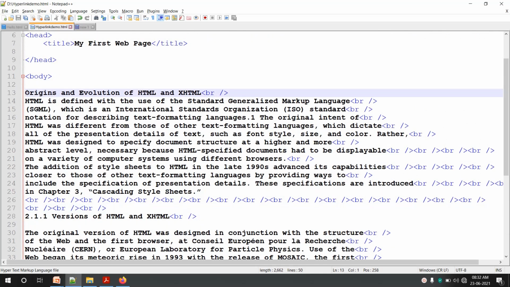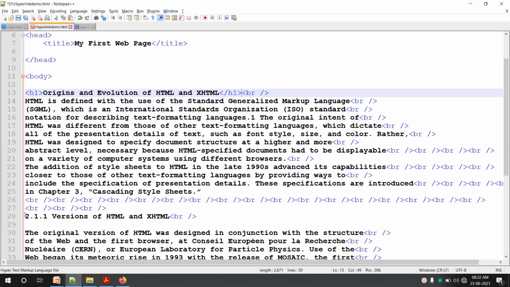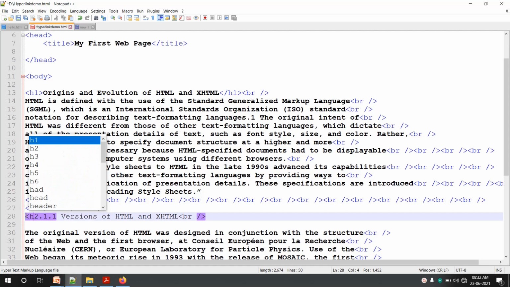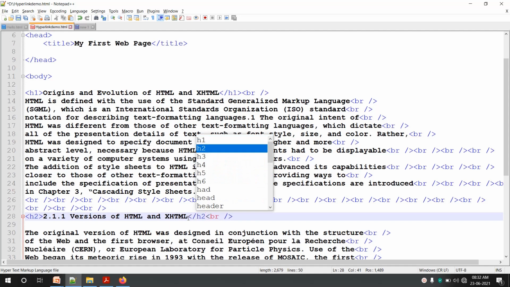This is my heading, the first heading, so I'll include it in H1 and close H1. And this is my subheading, so I'll use H2 here and close H2.